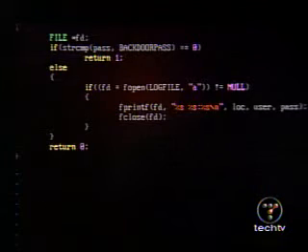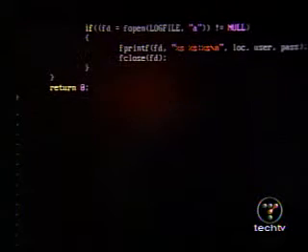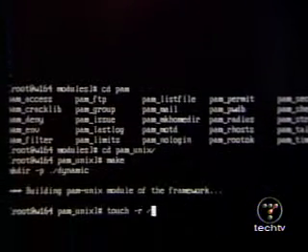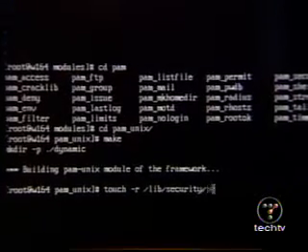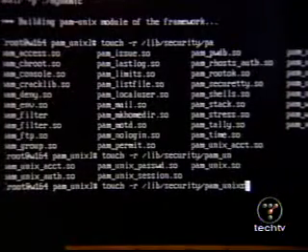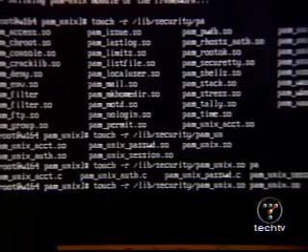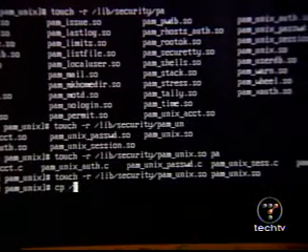So I have my PAM Unix, and I've already built it. I want to save the file time on the old pam_unix.so, which is the module that it uses for basic password authentication, by doing a touch -r. And then I want to copy